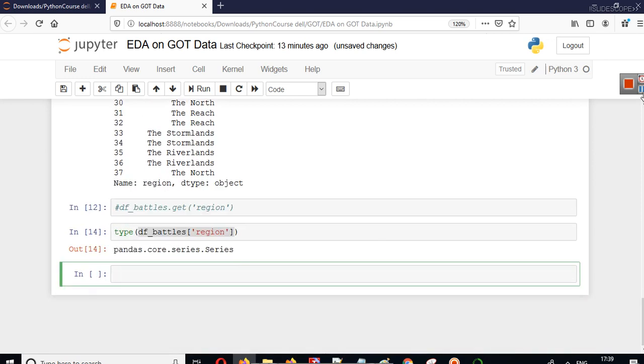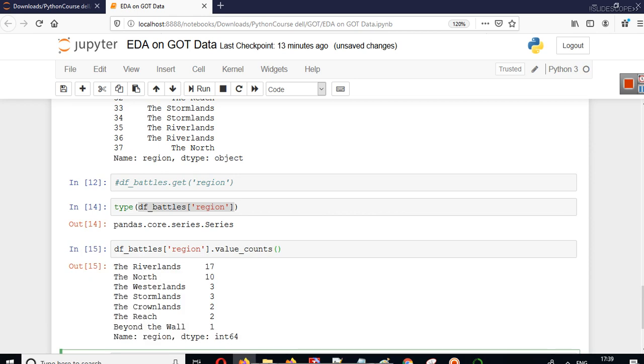On this type of data we can use a method called value underscore counts, and this value underscore counts method will simply give us this.